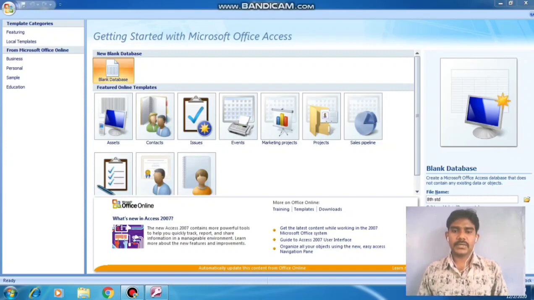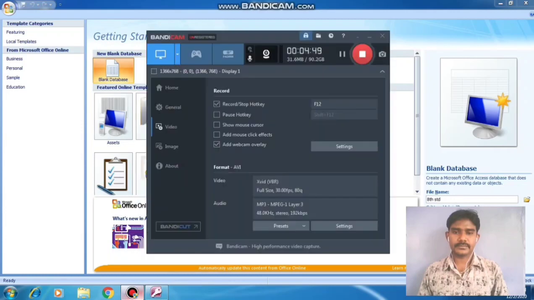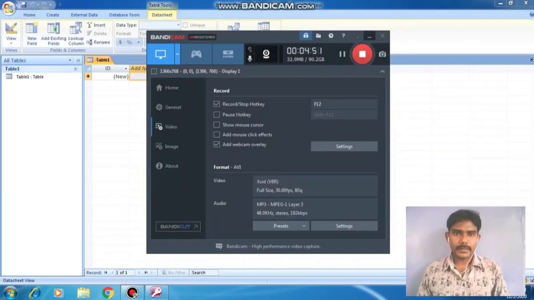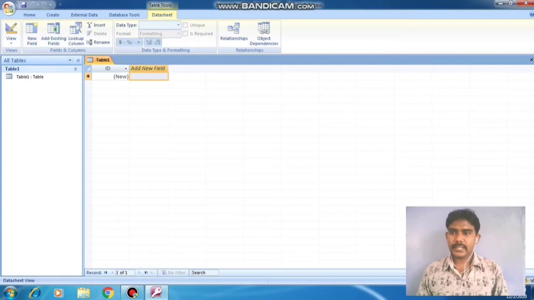After that, your MS Access page will open. Just wait a few minutes for the page to open. After creating, the database page, the table page will be open. After that, we go to the View option. There, click Design View.